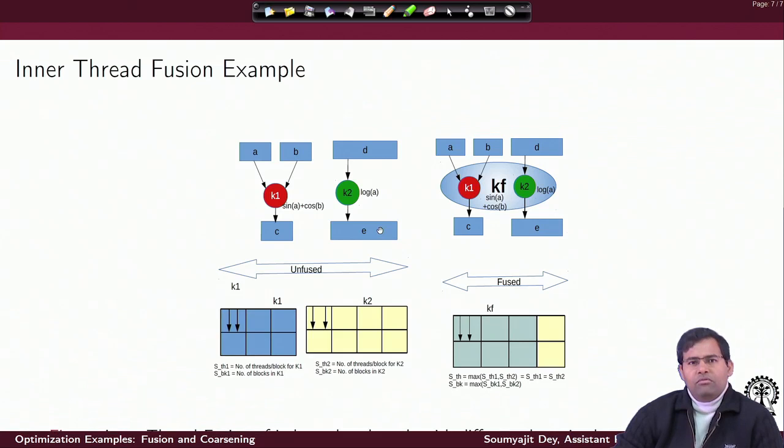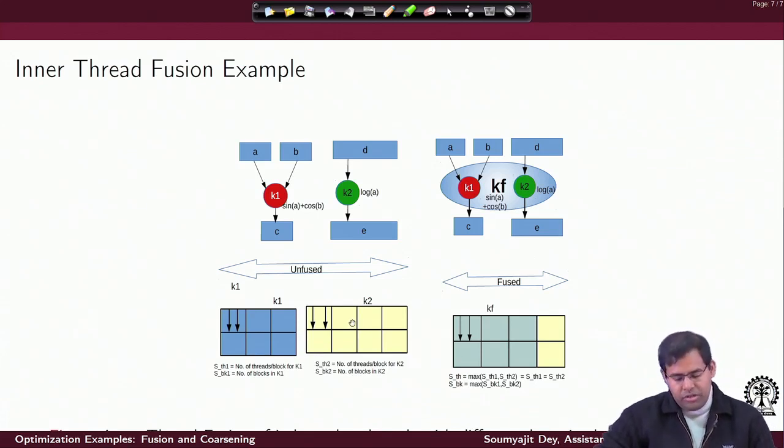As you can see, we have now taken an example where the data space size is varying. Since I do not have K3 in this example, I just have K1 and K2, I do not have a problem, because K1 and K2 are independent kernels. As long as they are independent kernels, I can always fuse them together even if the data space size is different, as is the case here. With the same structure of threads per block, which is also important, it does not change even in the fused kernel.